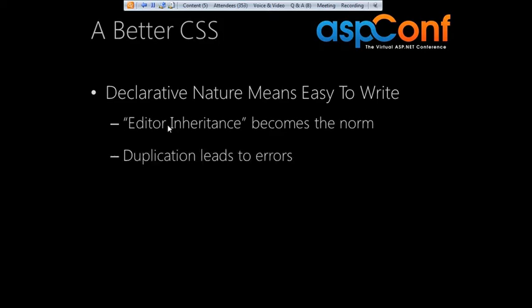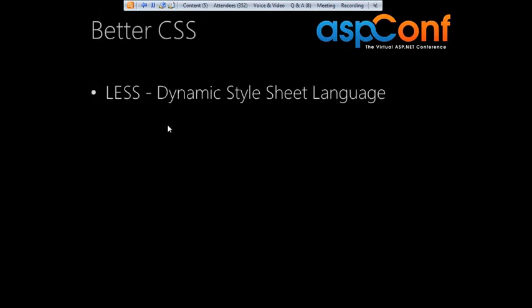This duplication means that when I go to fix up a color or, let's say, a font face, I can forget about one, especially one that's only used in a small number of cases, and suddenly everything looks great until someone gets to the About page, and then the footer looks awful, and you have to trace that down. There are a number of languages that allow you to solve this, but Less is the one I'm